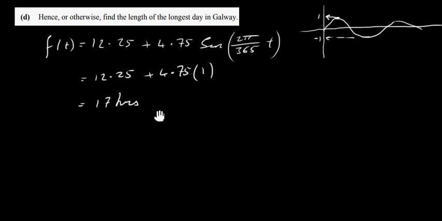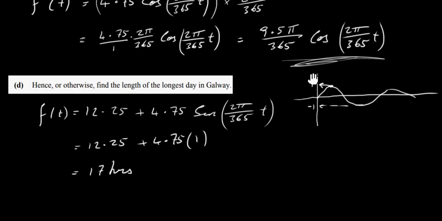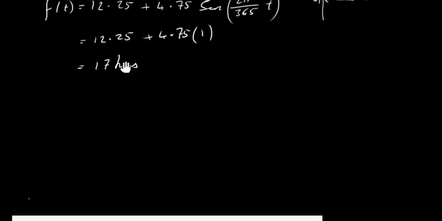Now another way of doing that is to look at our derivative here. If you differentiate a function, you get the slope of the tangent at any point t. Now at any maximum, the slope will be 0. So if we let this equal to 0 and work out t, that'll give us our time, t at a maximum. So let's do that first. This is kind of a longer way of doing it, but we just take our function differentiated, which is